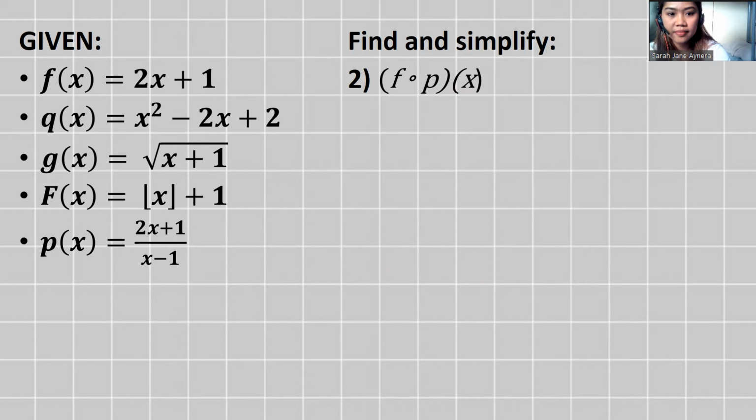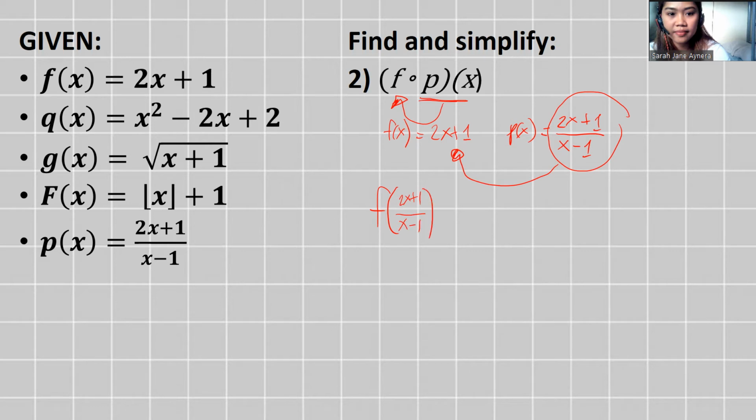Okay, let us try number 2. f of p of x. This time, p of x is what we substitute into the function f. The f of x in the given is 2x plus 1. The p of x is equal to 2x plus 1 over x minus 1. So all the x in f of x will be replaced with this. So, this will become f of 2x plus 1 over x minus 1 is equal to